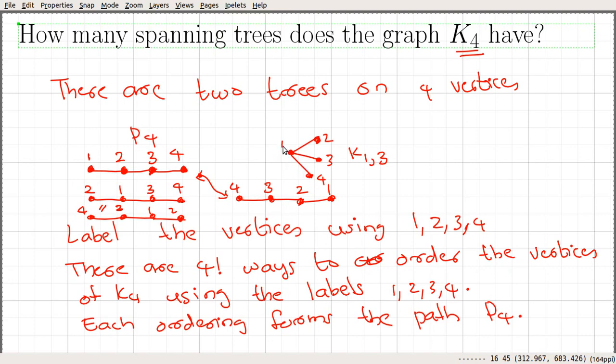Similarly, if you fix this to be 2, then the other vertices will be 1 3 4, etc. So any of these K1,3 is uniquely determined by this central vertex. There are 4 ways to assign a label to this vertex. Once you fix a label to this vertex, it doesn't matter what you give to the others. So there will be 4 such K1,3.